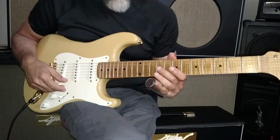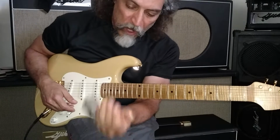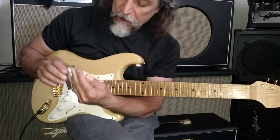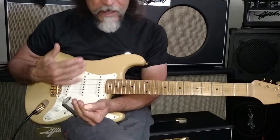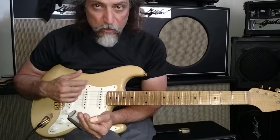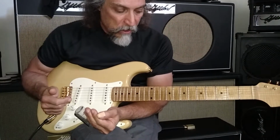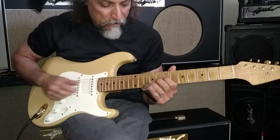You know, the advantages of having a slide, it's obvious. Why did the Delta guys put the slide here? How come they didn't put the slide here? You go back and you look at all those guys and the slide was here. Well, my opinion is the reason is because their guitars were tuned in open tunings. That's how they played guitar. They didn't know standard tuning. So they already knew all their chords, you know. I mean, if they wanted to play a C sharp major, right,